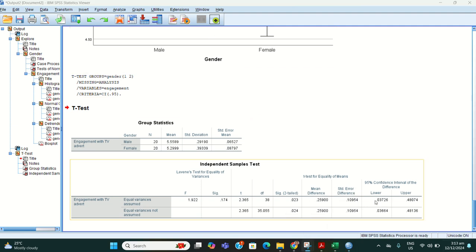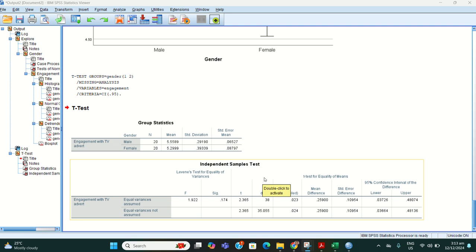Here we also have to make sure that the confidence interval does not contain zero. This information is needed to determine if the mean difference is statistically significant.